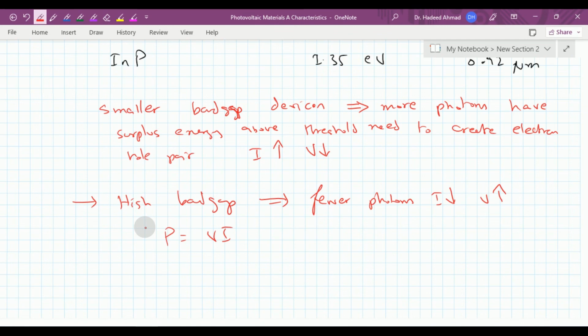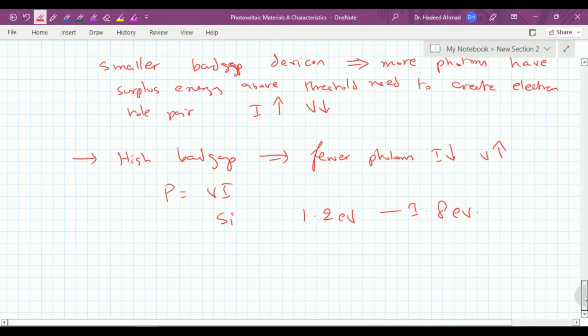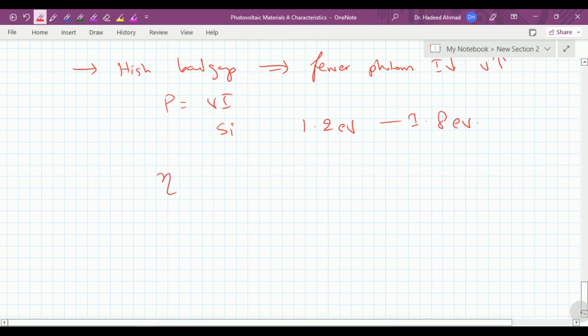For silicon and various kinds of materials which are present, this is between 1.2 eV and 1.8 eV. The maximum efficiency is stated in one of the papers as 20 to 25% for silicon,